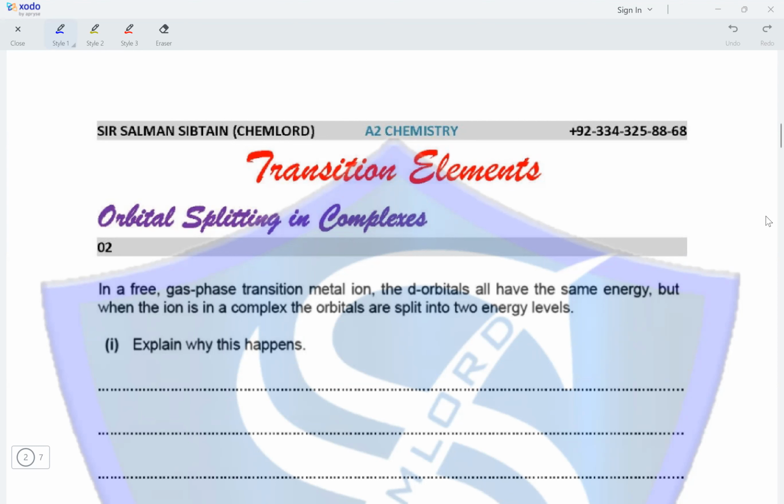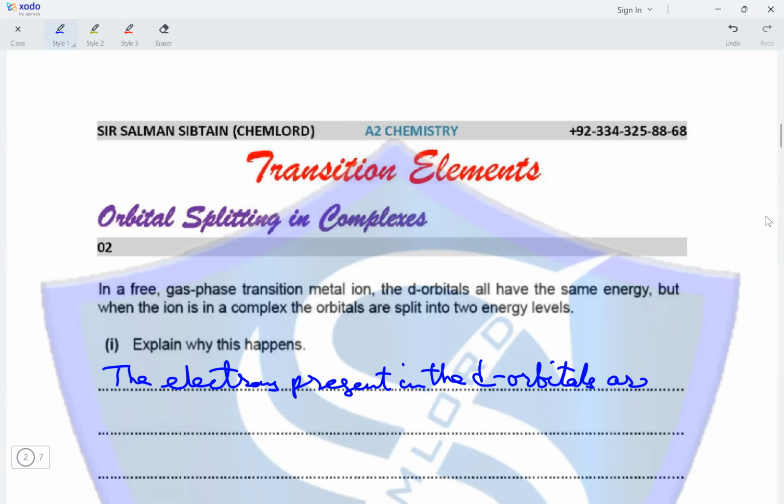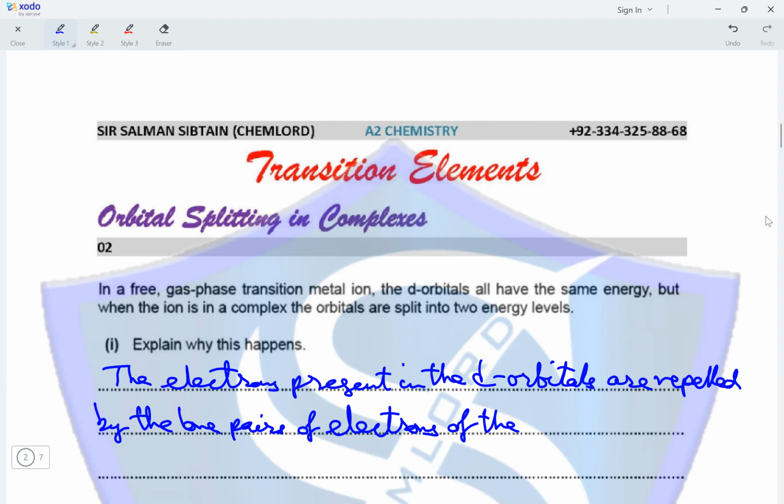So, the electrons present in the d orbitals are repelled by the lone pairs of electrons of the approaching ligands,